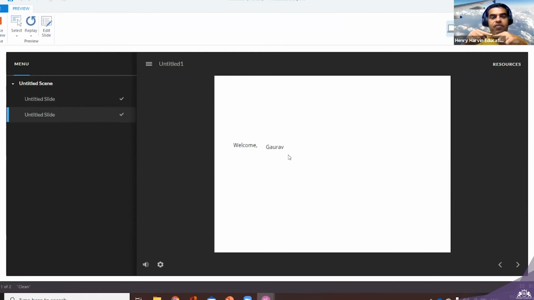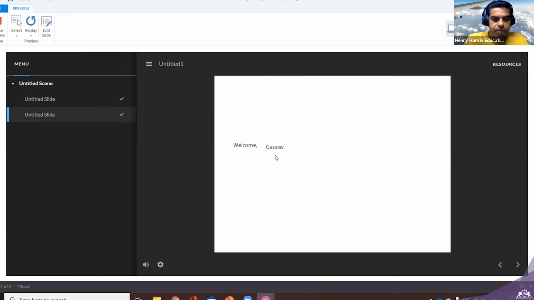Now understand what a variable is doing. The variable has stored some value and it will be displayed again and again whenever it is required. So what is a variable? A variable stores some value. Yeah, it's just like we input and it shows the output. Yes, so it's stored. Okay, so just understand, this is known as interactivity.